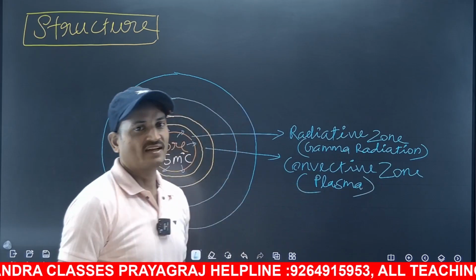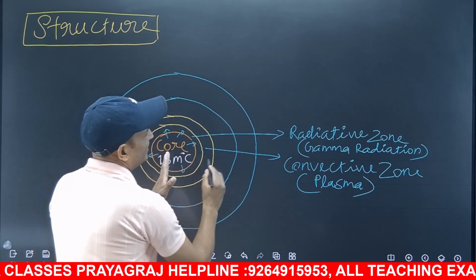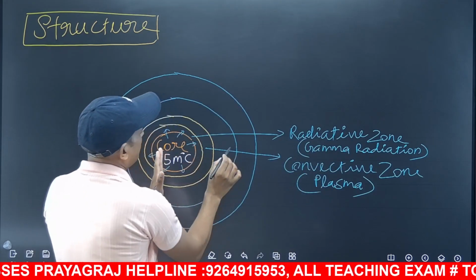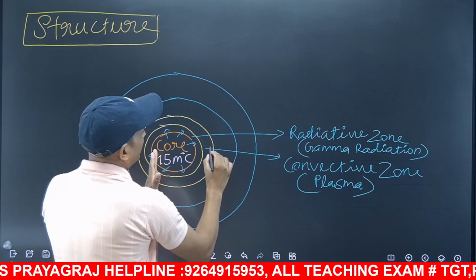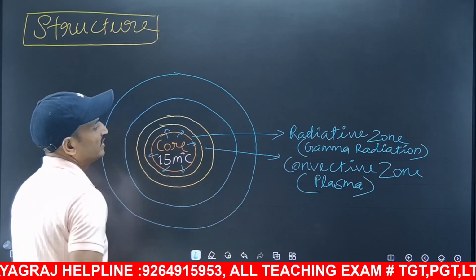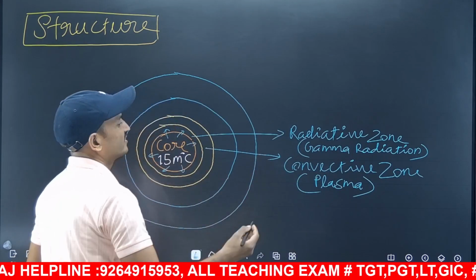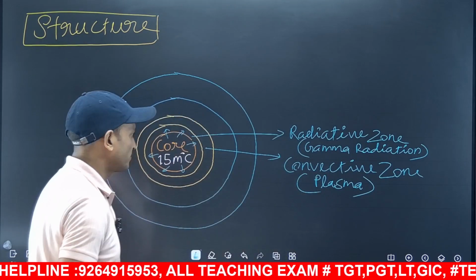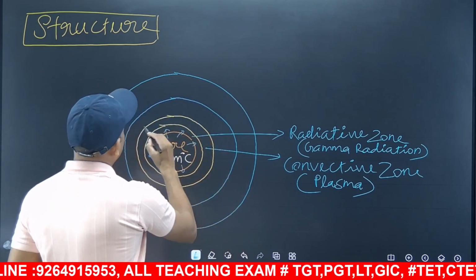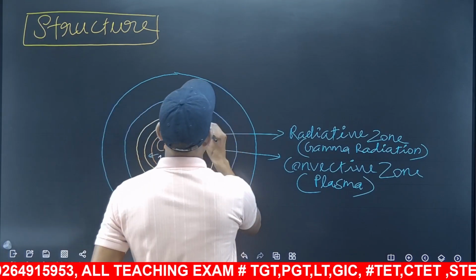Matter is plasma, because constantly the plasma which is in touch with the radiative zone becomes extremely hot. Then it pops up, and comparatively cooler plasma towards the outer surface of the convective zone sinks down. Similarly, the heat is getting transferred to the next layers. That's why we call it the convective zone. After the convective zone, the outermost yellow looking line is the photosphere.